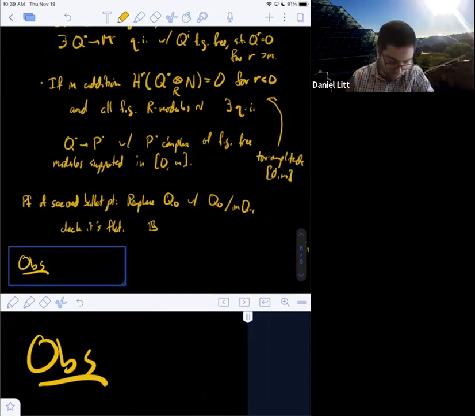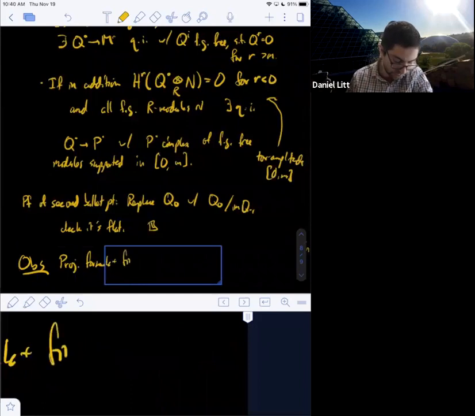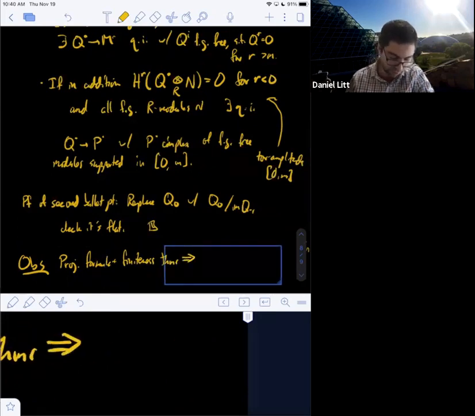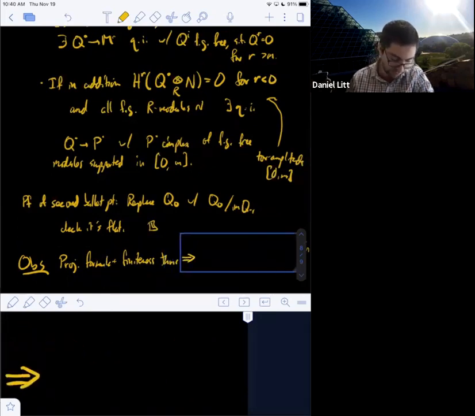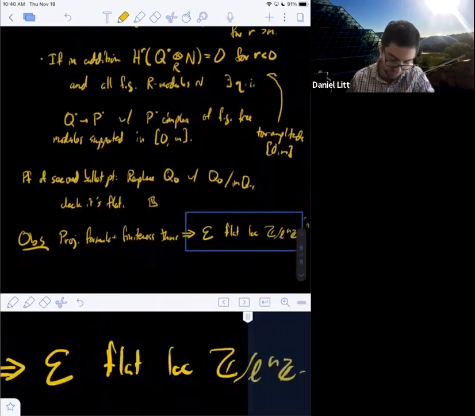So the point is that the projection formula plus the finiteness theorems we already know imply that for E a flat LCC Z mod L to the n Z sheaf,